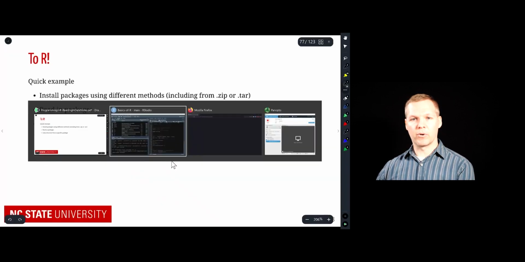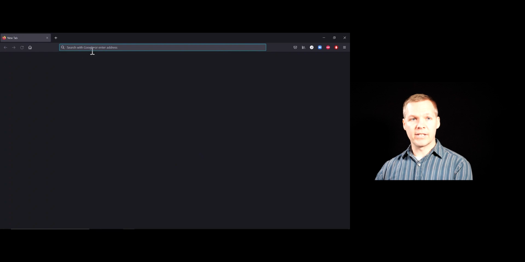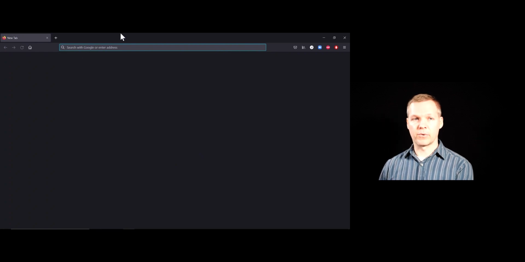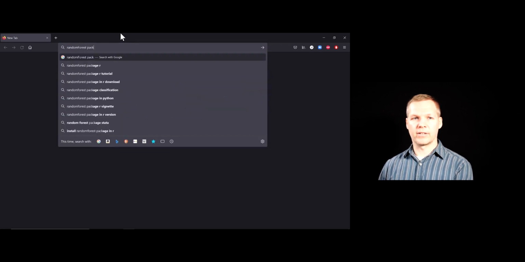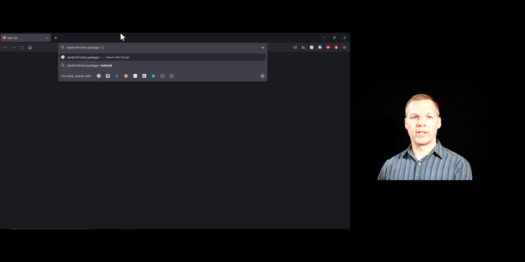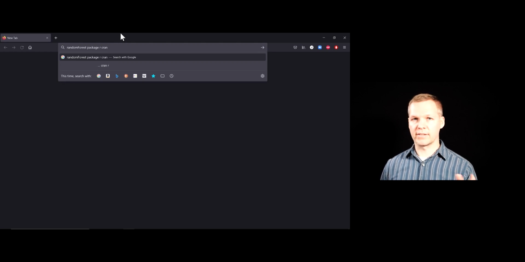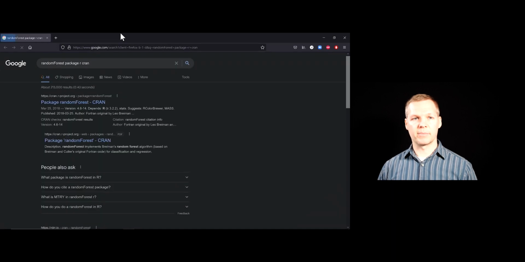We'll need to jump to a web browser here. And so let's go ahead and just try to download the random forest package, even though it installed correctly, just to show you the process. So if you just type in random forest package in R, and then you put in CRAN. So again, CRAN is the sort of default way that you download things. CRAN will have the same type of web page for every one of the packages. So package random forest CRAN, if you click on that,